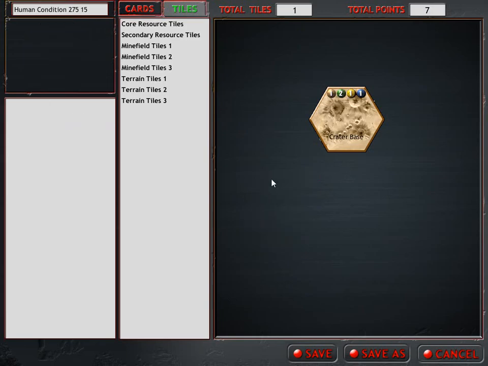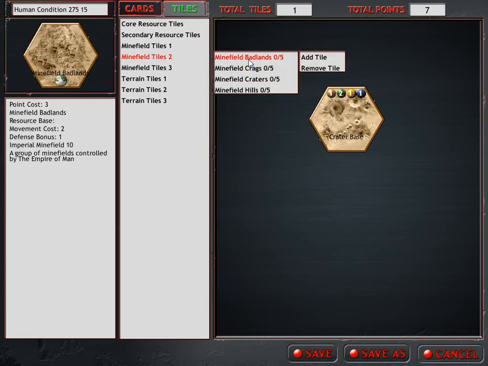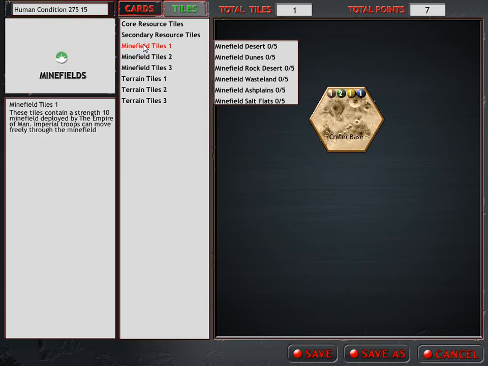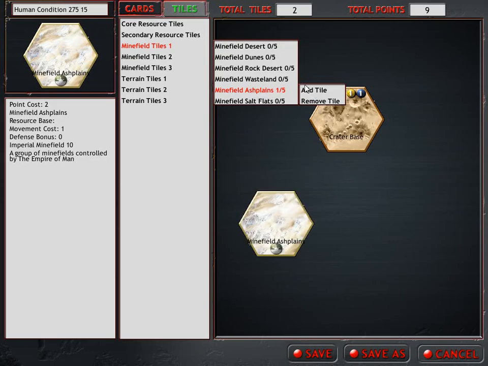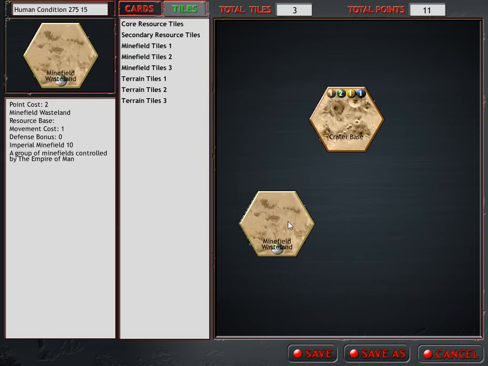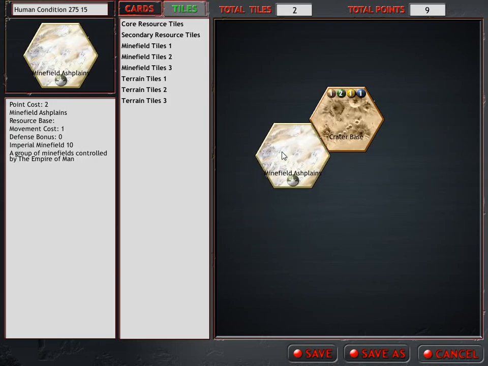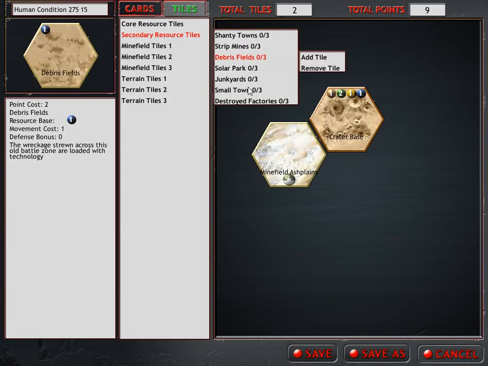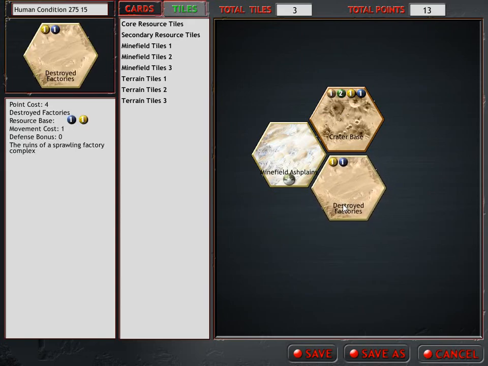No, I want to add a minefield or 2. Why don't we do that to start? And it should probably be a minefield 1 because they're cheaper. That will only leave us, Tim, with 4 points. So we'll add a single minefield with 6 points left over to spend on resource tiles. Yeah, let's go ahead and do what I was doing originally. We'll add a destroyed factory